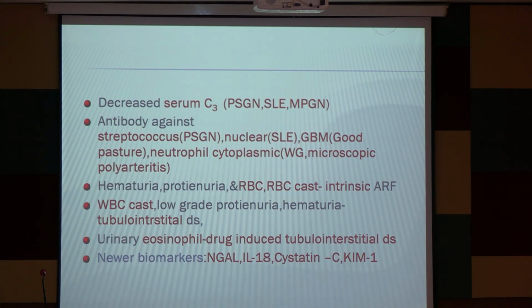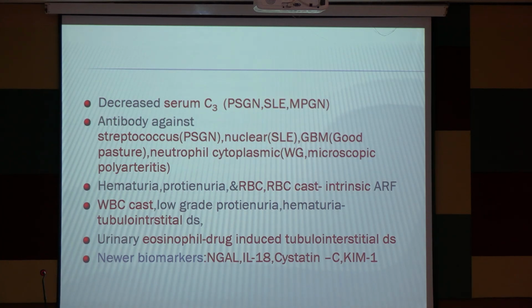Decrease C3 level. Last class we have discussed decrease serum C3 level in case of the post-streptococcal glomerulonephritis, transient decrease of the C3 level. If it persists, then membranoproliferative glomerulonephritis or SLE. In case of the SLE, decrease C3 level, and post-streptococcal glomerulonephritis. Antibody: SLE তে অ্যান্টি ডবল স্ট্যান্ডার্ড ডিএনএ অ্যান্ড অ্যান্টি নিউক্লিয়ার অ্যান্টিবডি, তাই তো? অ্যান্টি নিউক্লিয়ার অ্যান্টিবডি, অ্যান্টি ডবল স্ট্যান্ডার্ড ডিএনএ থাকে।